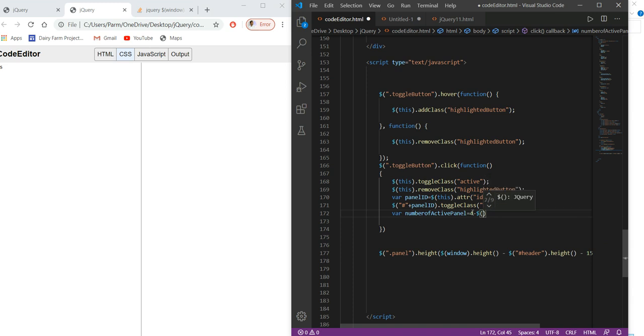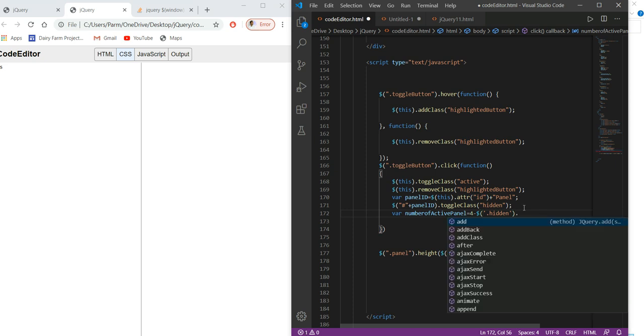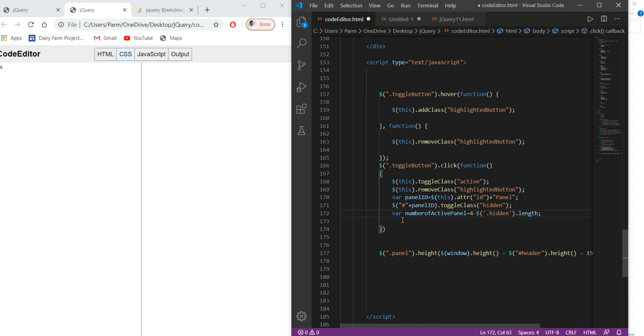So here we have to specify it in single quotes, hidden, and to its length. Here we just don't use the length function, just the length variable. So here we have initialized number of active panel, that is maximum equal to 4 minus whatever the hidden class is active for that. Yeah, the length of that will be added to this.